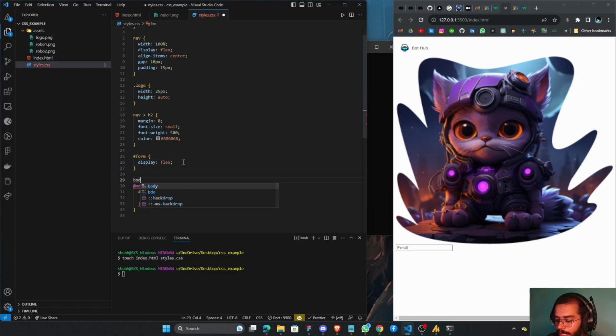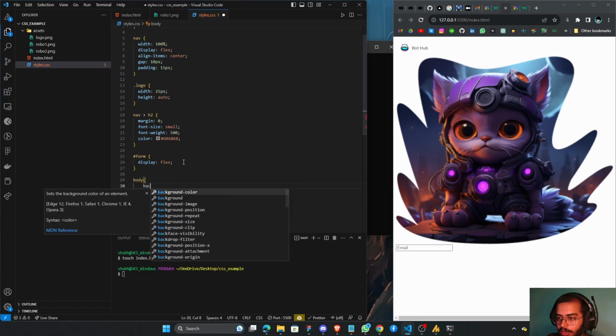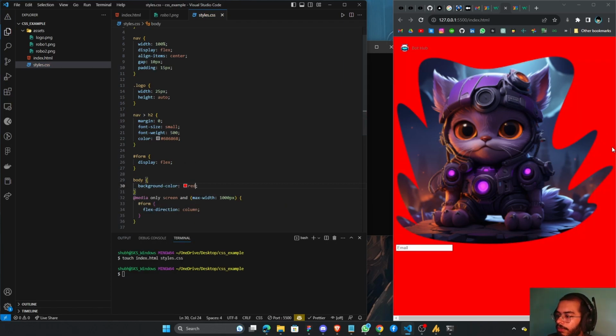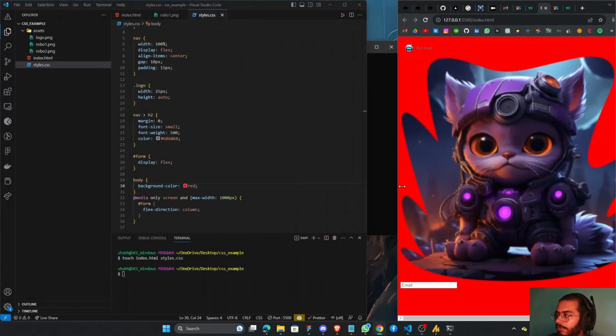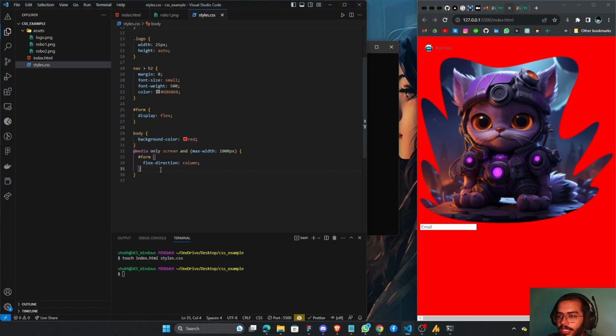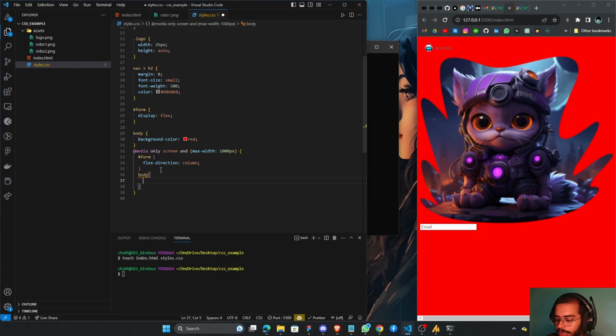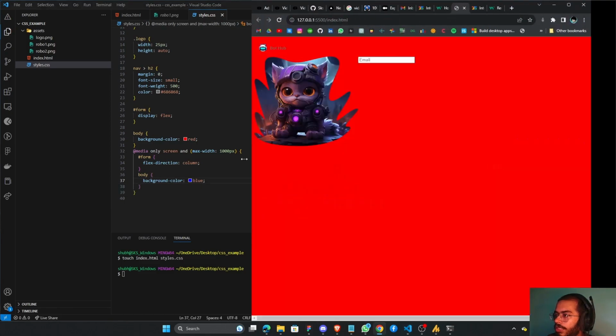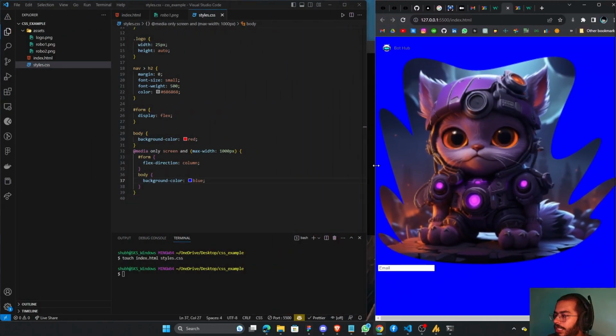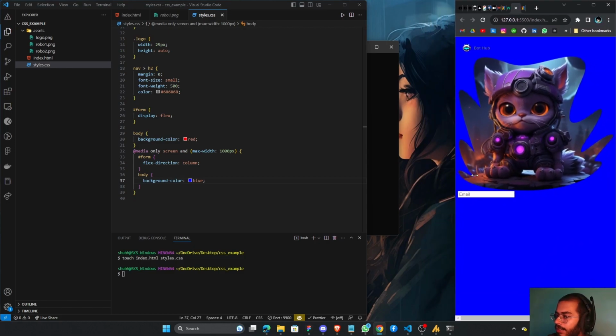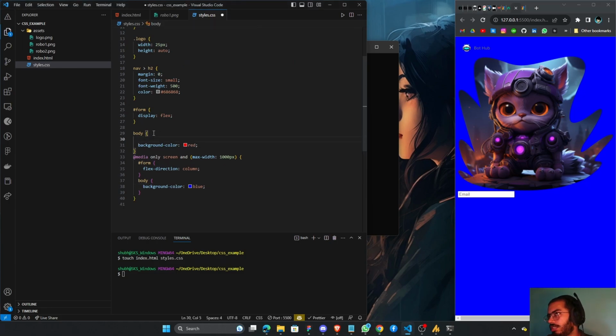If I say that by default the body's background color should be red, it will be red throughout the screen, whatever the width of the body is. But if I say that whenever the screen is smaller than 1000 pixels the background color should be blue, you can see that by default it's red, but when the screen size becomes less than 1000 pixels it changes to blue. You understand? It overrides things; it doesn't remove the earlier things. So if I also add here some